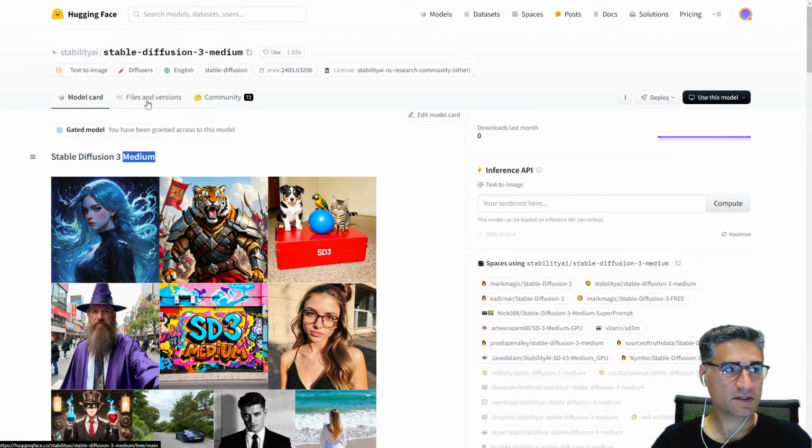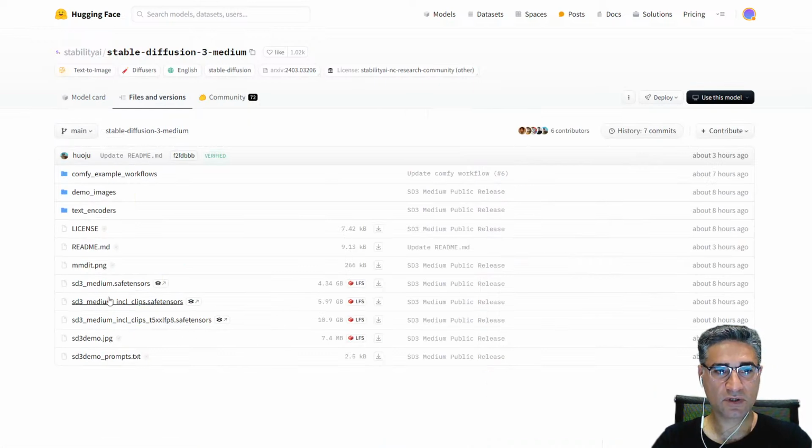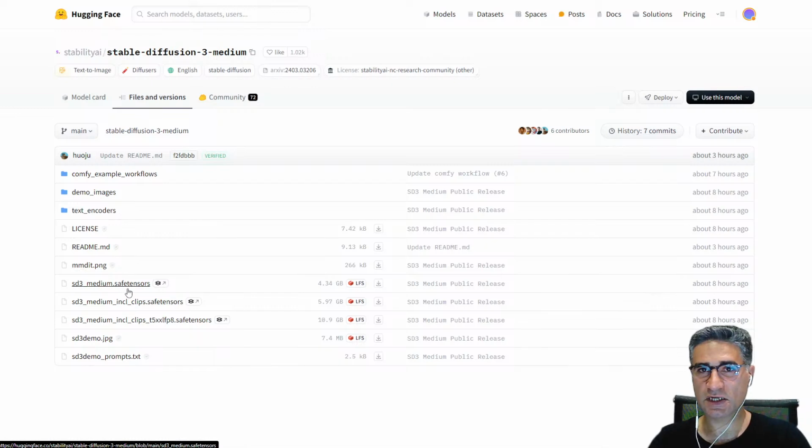If you go to the files and versions, here you can see three different checkpoints. The first checkpoint is about 4 GB and it's only Stable Diffusion 3 without text encoder. The second one includes the clip text encoders, clip G and clip L, same as SDXL. And the third version, that is about 11 GB, includes clip L, clip G, and also T5XXL. That actually is the feature of